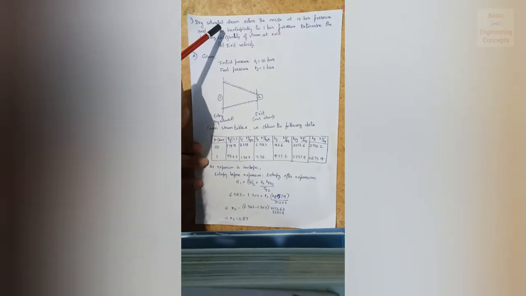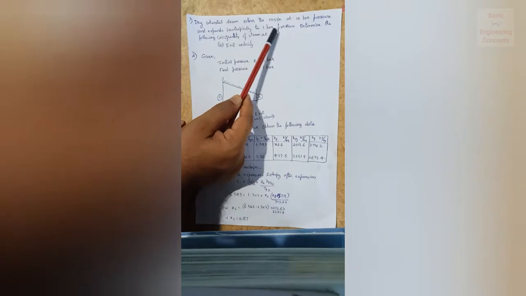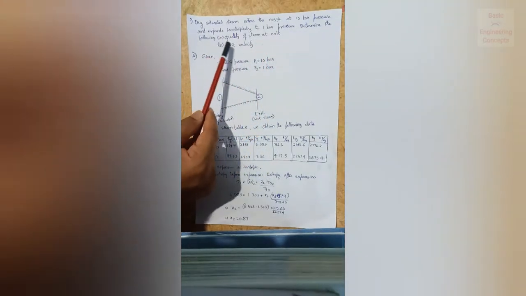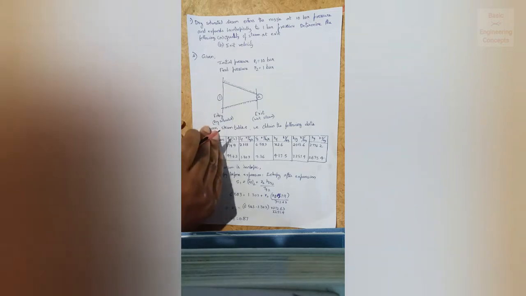Dry saturated steam enters the nozzle at 10 bar pressure and expands isentropically to 1 bar pressure. Determine the following: quality of steam at exit and exit velocity. So what is given here is